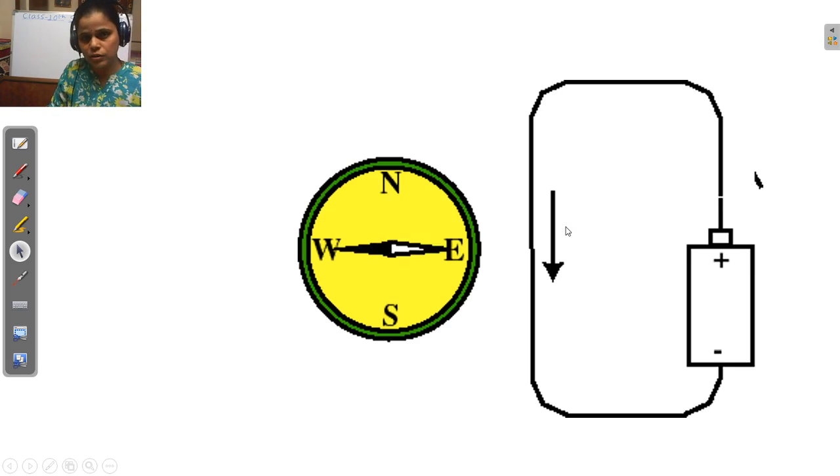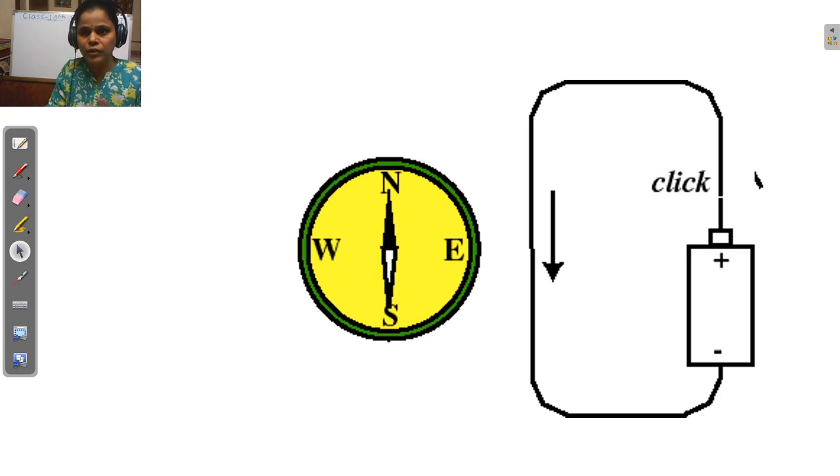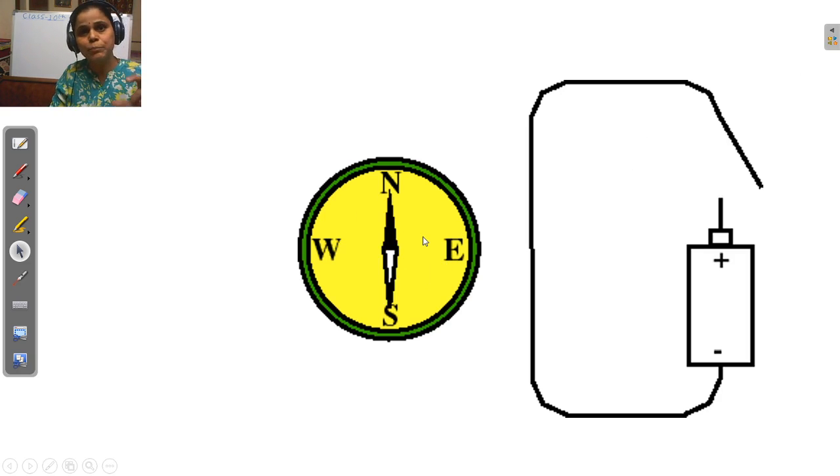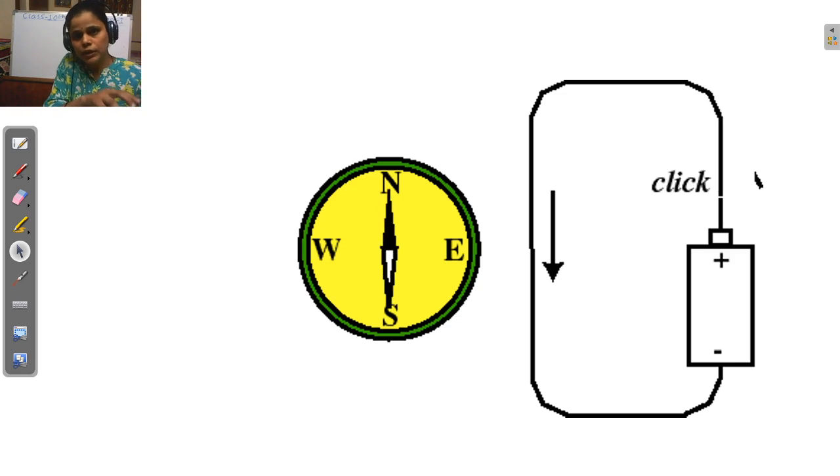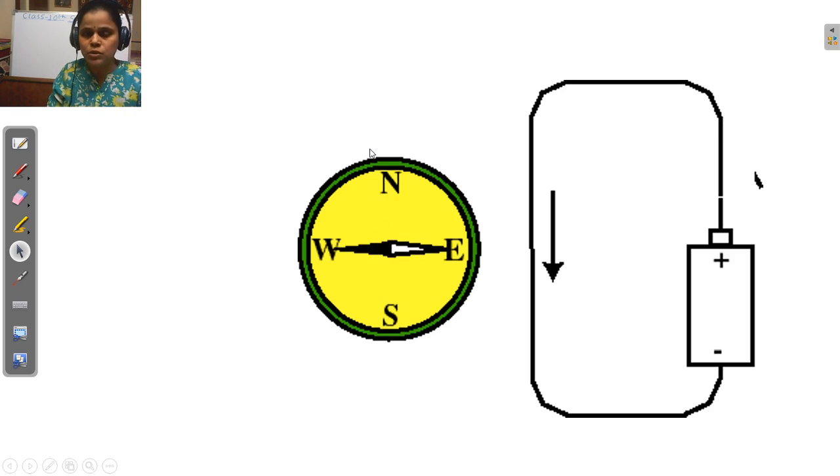In our previous lecture we have studied that when any magnet is kept near an electric conductor, then a magnetic field is produced. This experiment was done by Oersted, but Michael Faraday observed its opposite. That means when we keep the electric conductor near a magnetic field or in a magnetic field, then an electric current will be produced. So this is Faraday's observation.